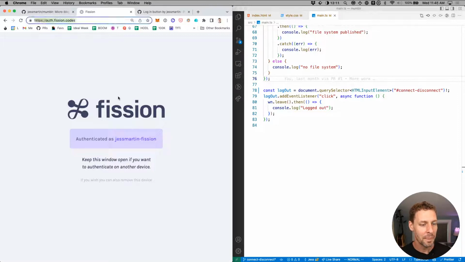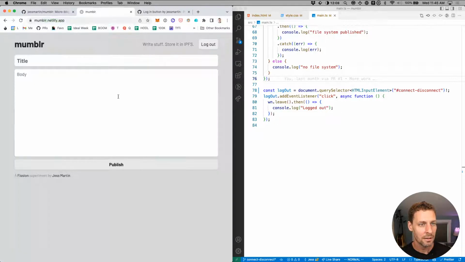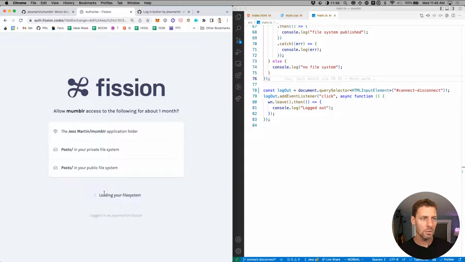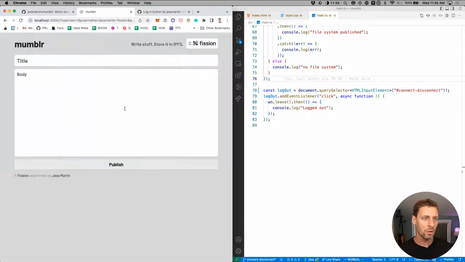All right, now I'm over here. Wait. Oh, right. Yeah, localhost 3000. Sorry, I went to Mumbler. Okay, so, yep. And so now, appropriately, the delegated permissions were gone. And so now when it hit this page, and this is the problem we were setting out to fix last week, which we have a better idea of how to fix now, it forcibly redirected me over to Fission to connect. And so now we're going to do the connect, which should redirect us back to localhost and then show